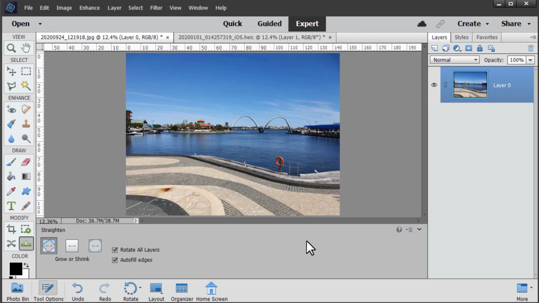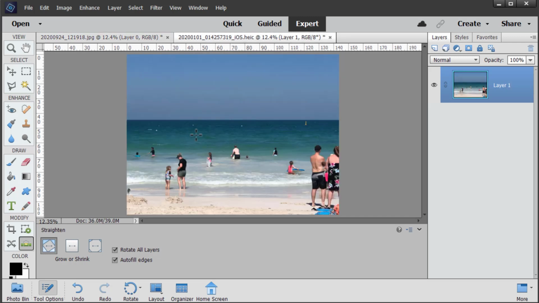Photoshop Elements does a pretty awesome job of that. Now, if it doesn't work too well on your image, you can always choose to go for the crop to remove background option, and then you'll just lose a little bit of your photo. But straighten is a really great tool, and it really helps your photos look much more professional, especially with those kind of beach photos where it's super obvious if the horizon line isn't straight, but all photos look better with a straight horizon, you know, unless you're trying to be artsy. Hey, there's always a time to break the rules.